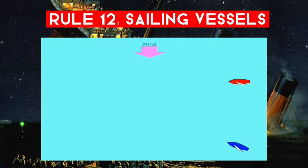But in this situation, we haven't determined if risk of collision exists. The only way to do that is to continue to monitor the situation. After a little while, we've seen that the bearing between us isn't changing. We know risk of collision exists. So, what are we going to do? Well, under Rule 12, we know we've got two sailing vessels, risk of collision exists, Rule 12 applies. We know we've both got the wind on the same side,